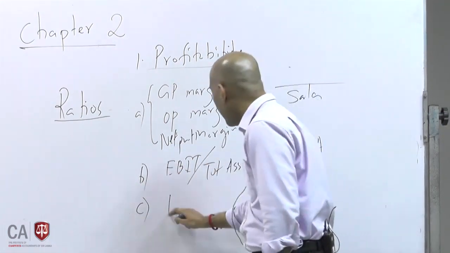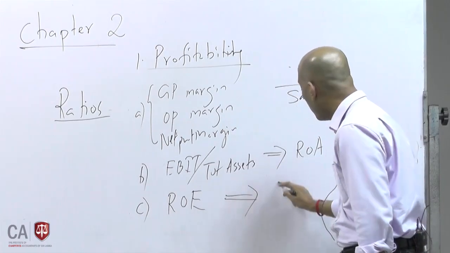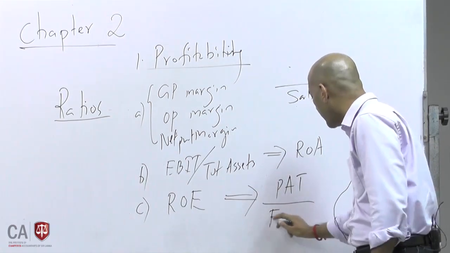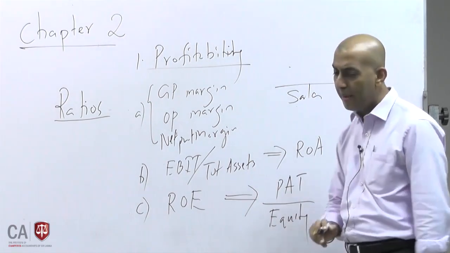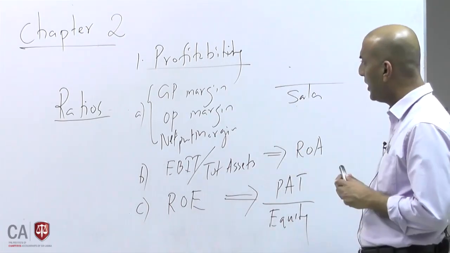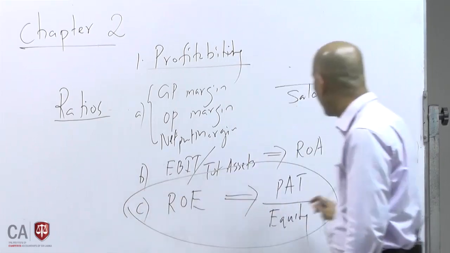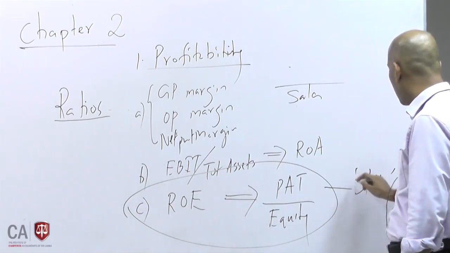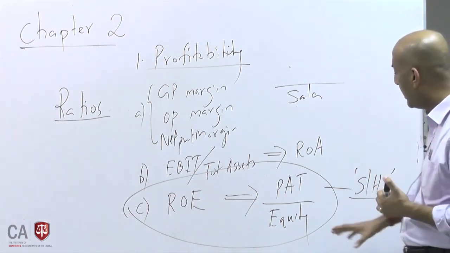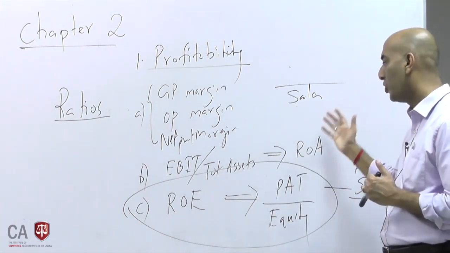Third, you will have return on equity. This is actually from the shareholder point of view: profit after tax divided by equity. So you can see that these are all profitability ratios. Actually the return on equity is more relevant to the shareholders' perspective. So if you are going to calculate an investor related ratio or shareholder perspective ratio, return on equity is definitely there. Others are mainly profitability ratios.